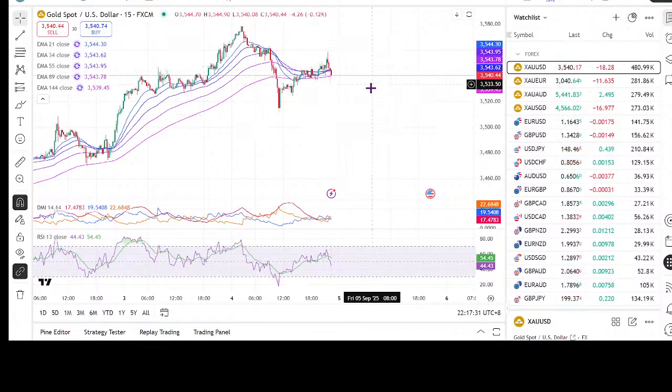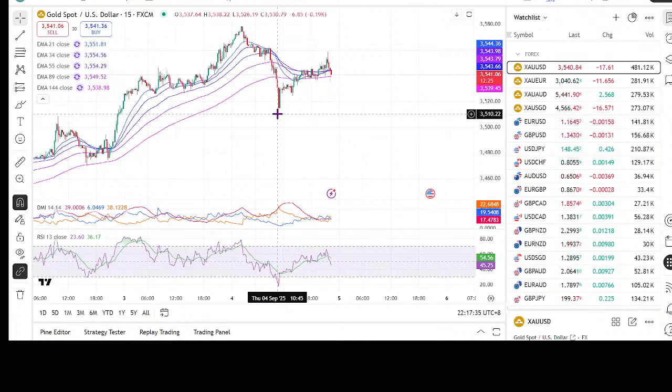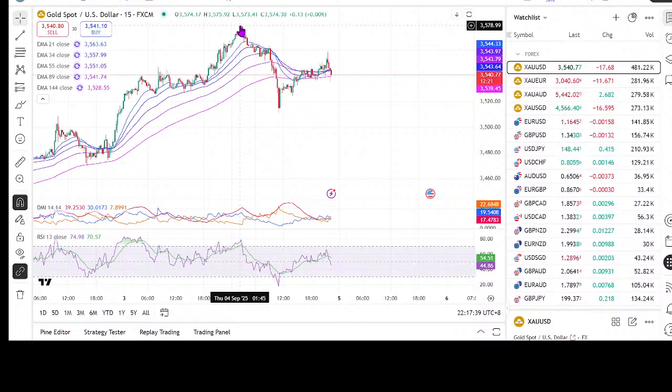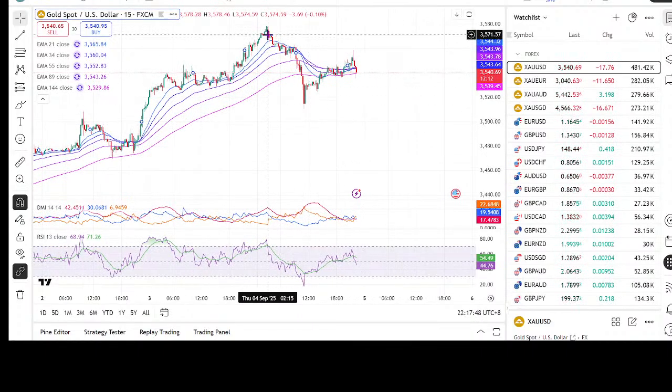But on the other hand, if this is not the high, then this low should be holding, and we should see this high tested and gives way soon. So let's see what is the outcome,